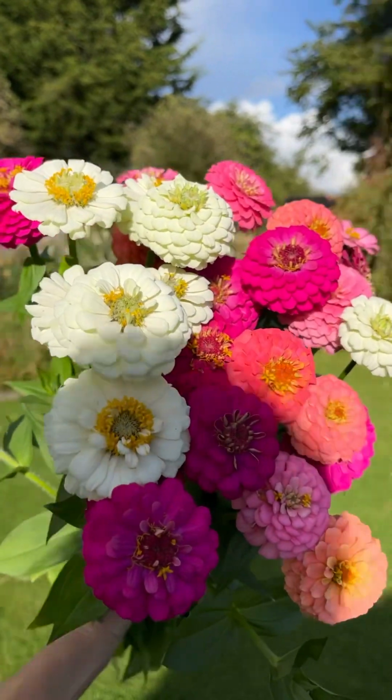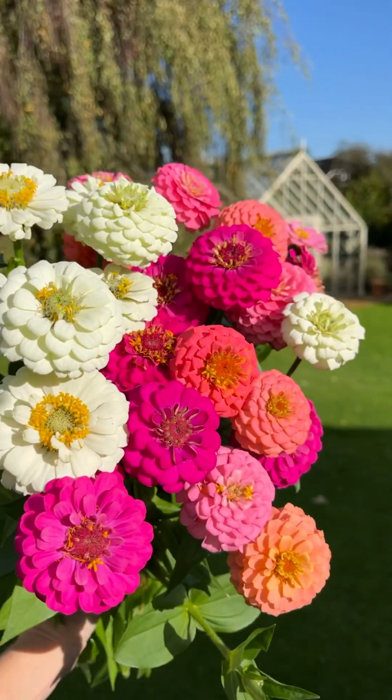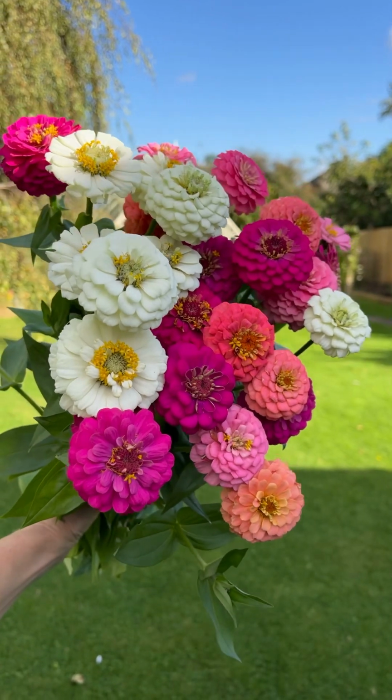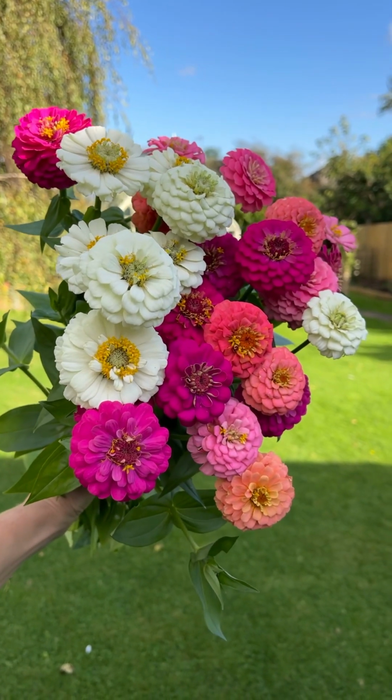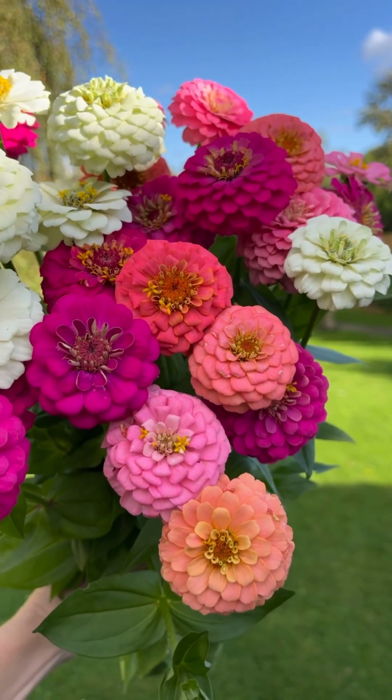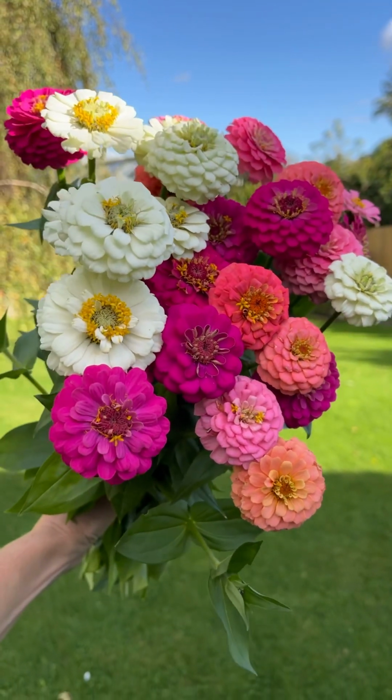Well, it's coming up to 3 o'clock and now is a really good time to shut up your greenhouse. And I have just picked myself the most enormous bunch of zinnias. Aren't they lovely? So these are going to go on my desk to look at while I process all your